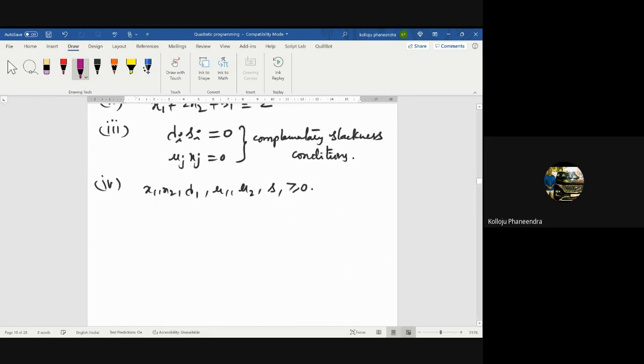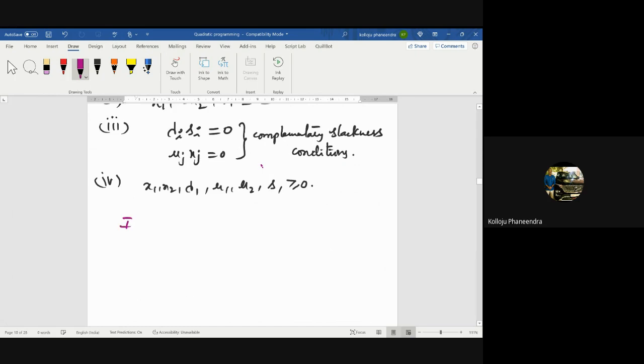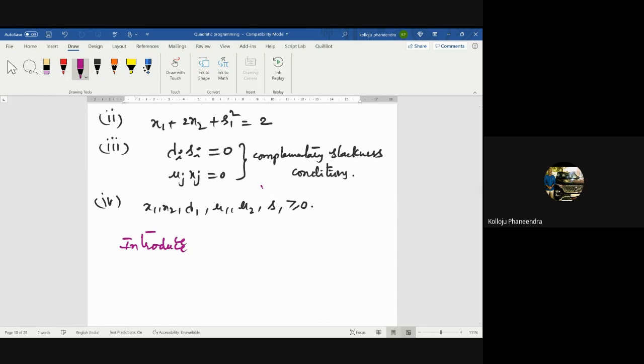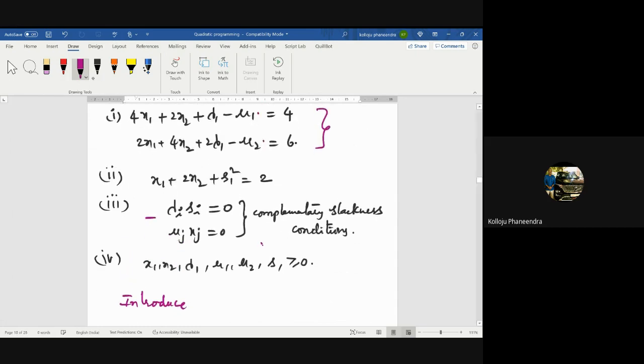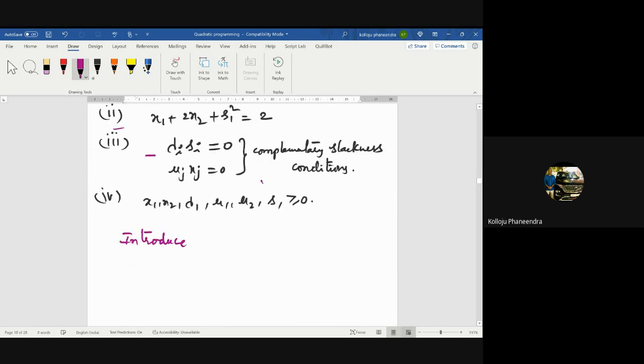Now the problem: how many artificial variables do I need to introduce? Since there are two equations in condition 1, I need two artificial variables. Introduce the artificial variables a1 and a2 in the first two equations of condition 1. Then